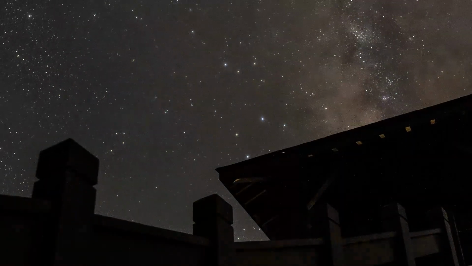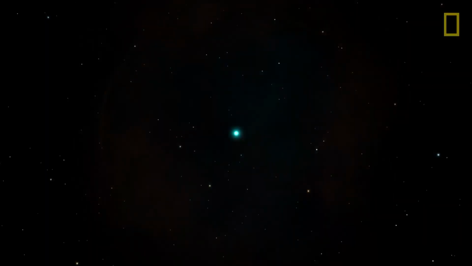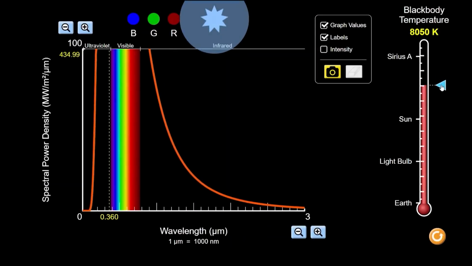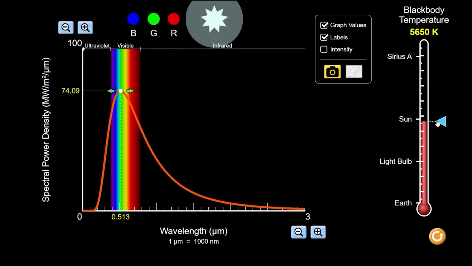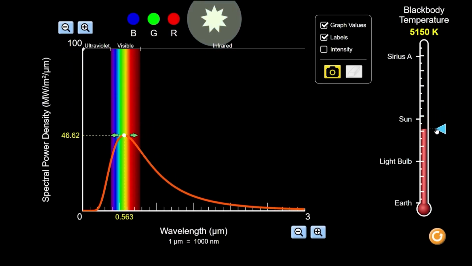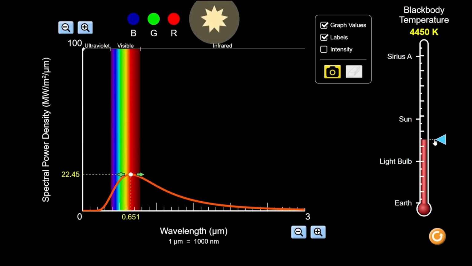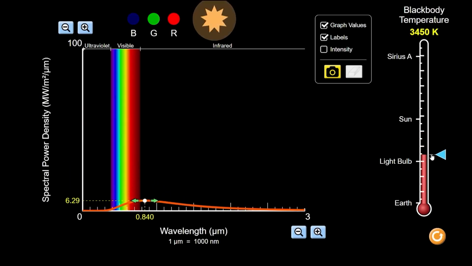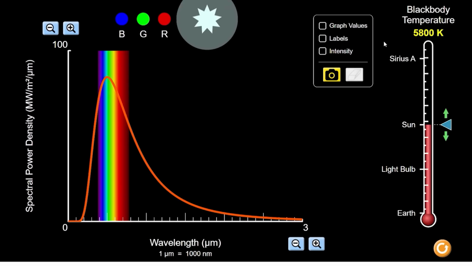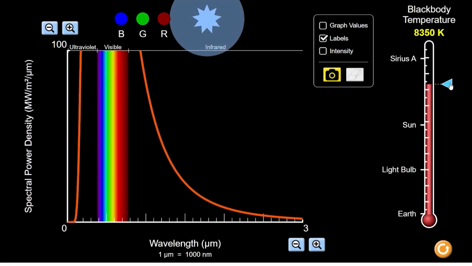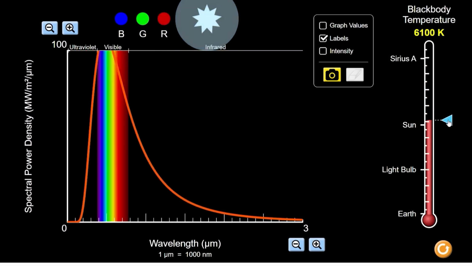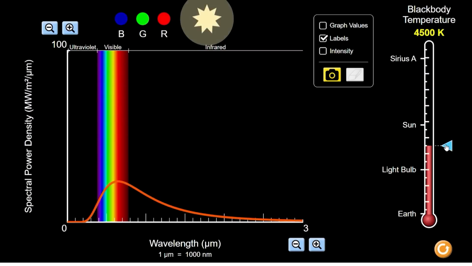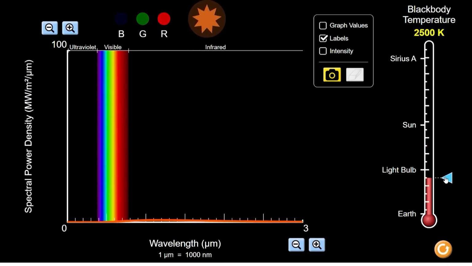Why do we see white, yellow, red, and blue stars, but not green or purple ones? When scientists analyze the light emitted by stars, they find that depending on surface temperature, a star's visible spectrum is dominated by a particular wavelength, the wavelength where the star emits the most light, called the peak wavelength. The University of Colorado provides an interactive simulation showing the peak wavelengths of stars at different surface temperatures. As you can see, hotter stars appear bluer, while cooler stars appear white, yellow, orange, red, and eventually deep red.